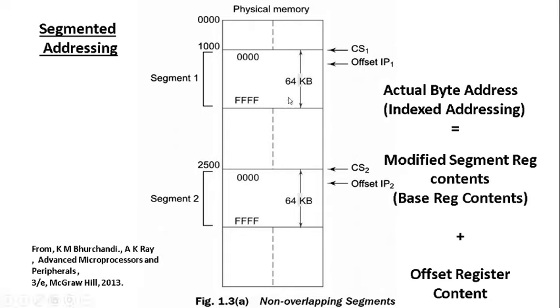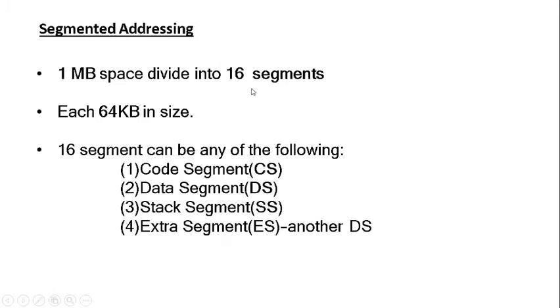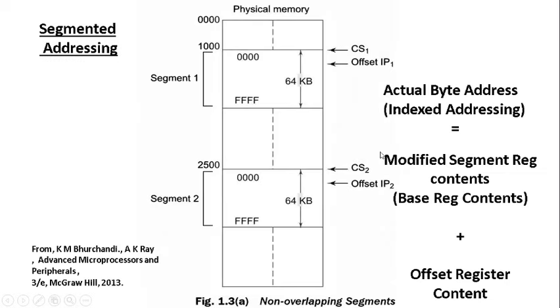This code segment is 64 KB in size, and individual bytes within the code segment are individually addressable. Then the 16 segments can be any of these segments, right? Code, data, stack, and extra. Now let us consider this example shown in your textbook and see how address generation or byte addressing happens